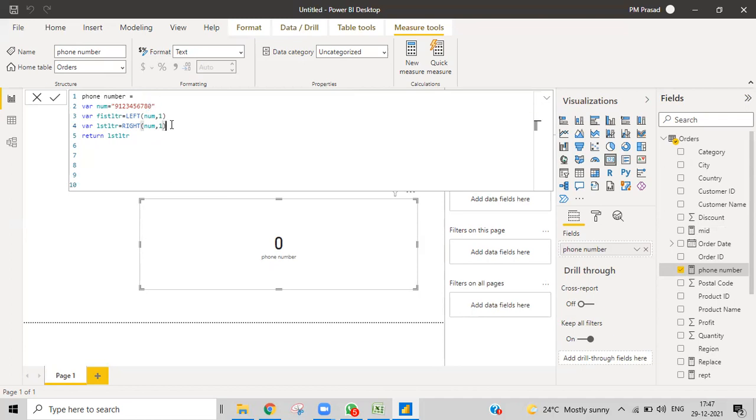And then again, I'll enter variable. I want to find how many numbers are there between 9 and 0. That is what we need, right? Sharath, are you understanding what I'm trying to do?